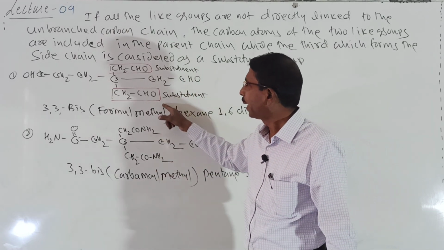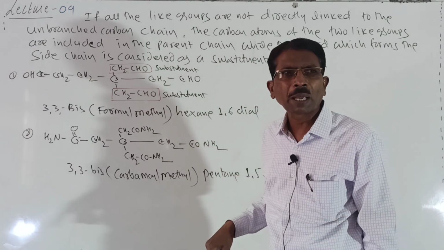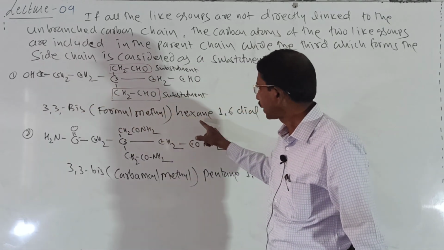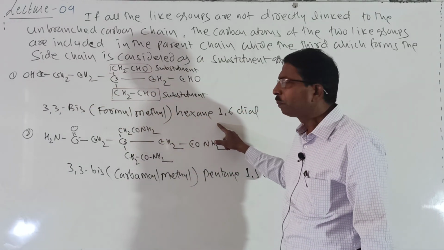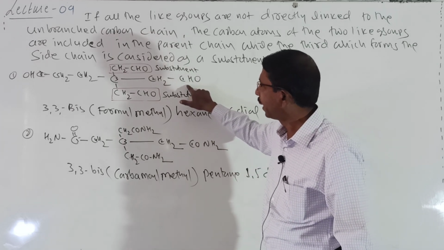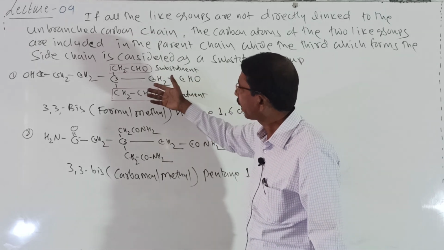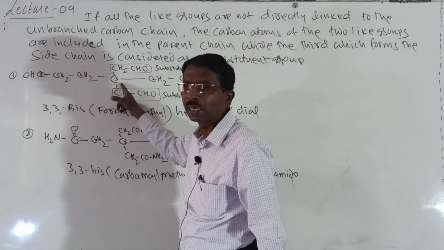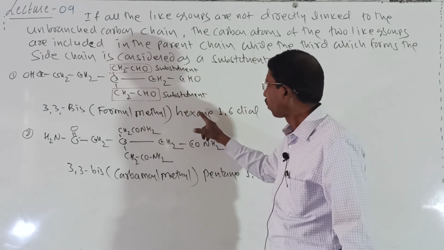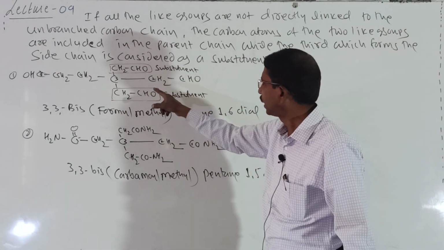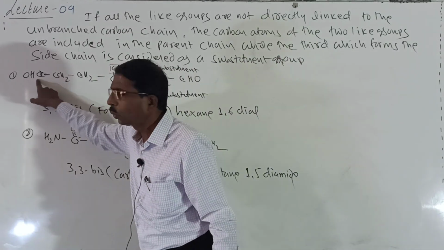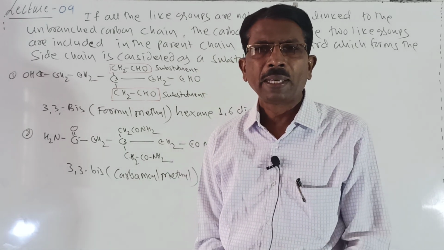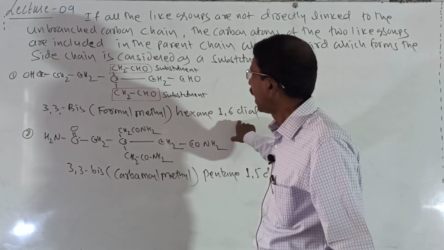These are indirectly attached. So while naming such type of compound, 1, 2, 3, 4, 5, 6, it is called hex, single bond, ane. And here one is at one end, because it is nearest to this end, or you may take from this end, it is 1, 2, 3, 4, and here 1, 2, 3, this end is nearest. Therefore it is hexane 1,6 dial, that is, aldehyde group E is replaced by Al, di Al, and then here it is